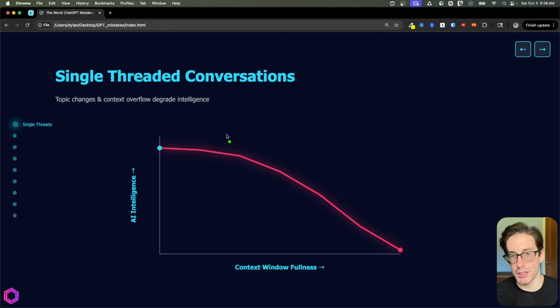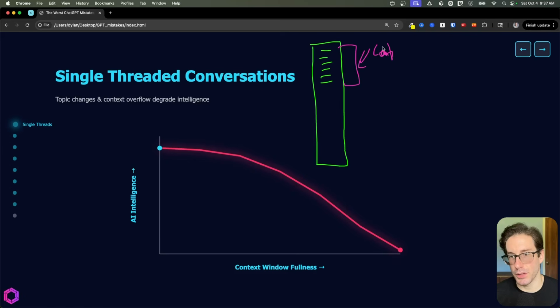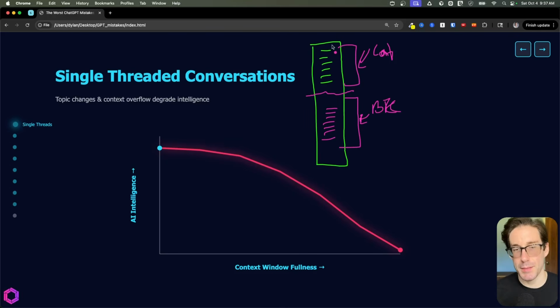The next one is new conversations. So let's say this green box here is one really big conversation you're having with AI. And we'll say that this first portion here is going to represent a conversation with you and the AI about cat clothing and different types of clothing you can put on your cats. But then you want to change the conversation. And down here, you change the conversation to how to trade Bitcoin effectively. So tips and tricks on buying and selling Bitcoin. So you can see these are completely separate topics. But often I see this time and time again where somebody will have the same conversation with the AI in the same thread, changing the topic back and forth.